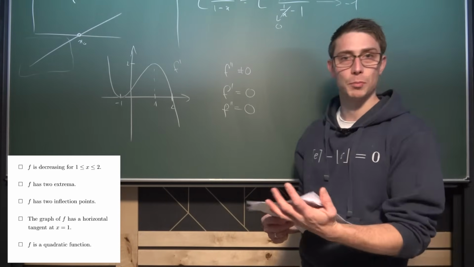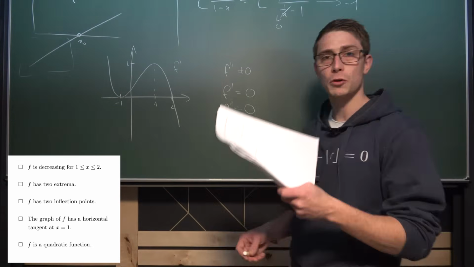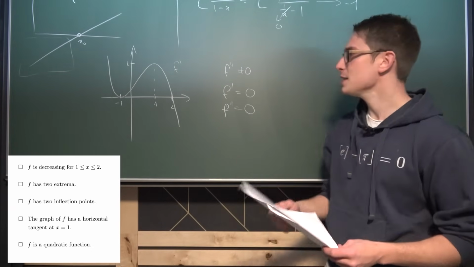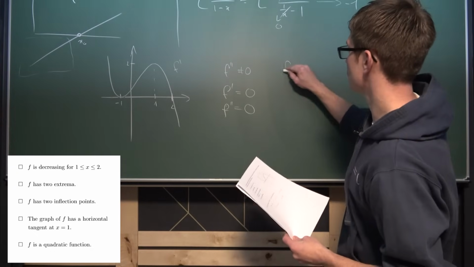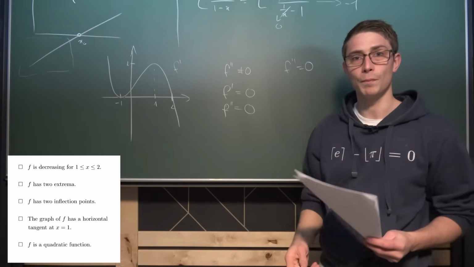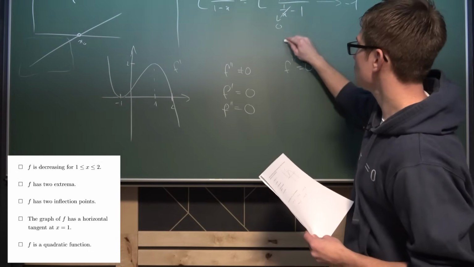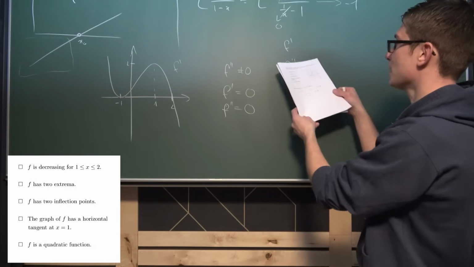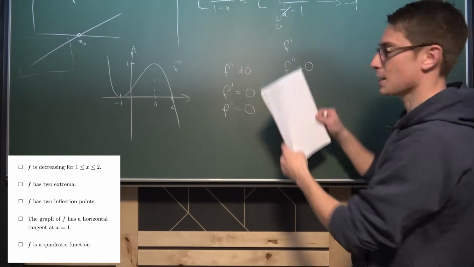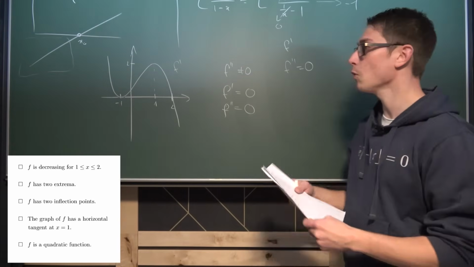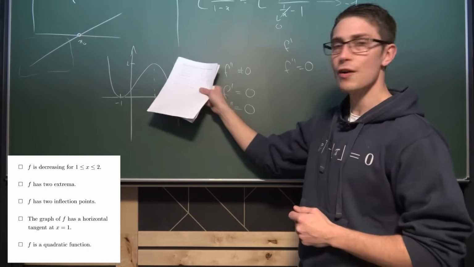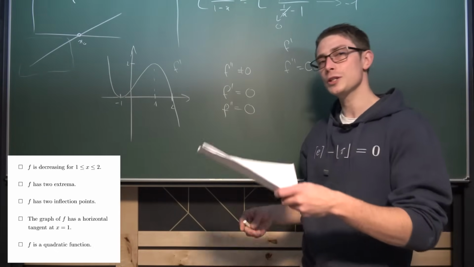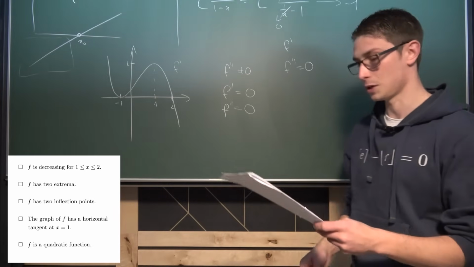F has two inflection points. Inflection points are where the concavity of the original function is going to change. Now, the change in concavity is always given by the second derivative being equal to 0. This is like saying we are taking a look at f prime and we are going to differentiate it. And if you want to find the zeros of the derivative of a function, in our case f prime, what we are looking for are in fact the extrema of our function. F prime has two extrema, suggesting that our original function has two inflection points, which is the case,